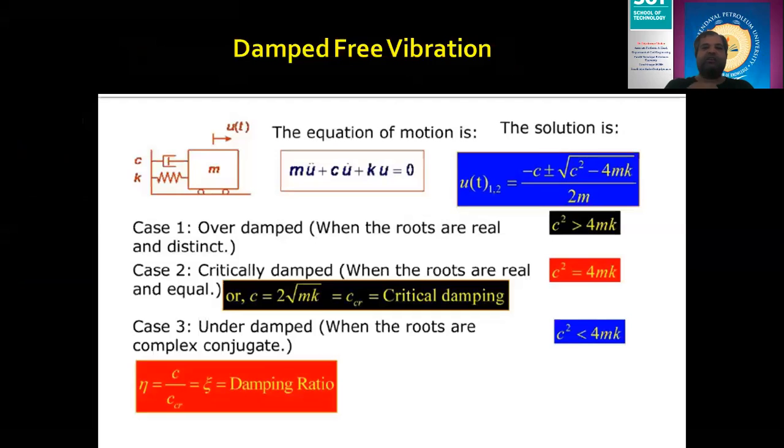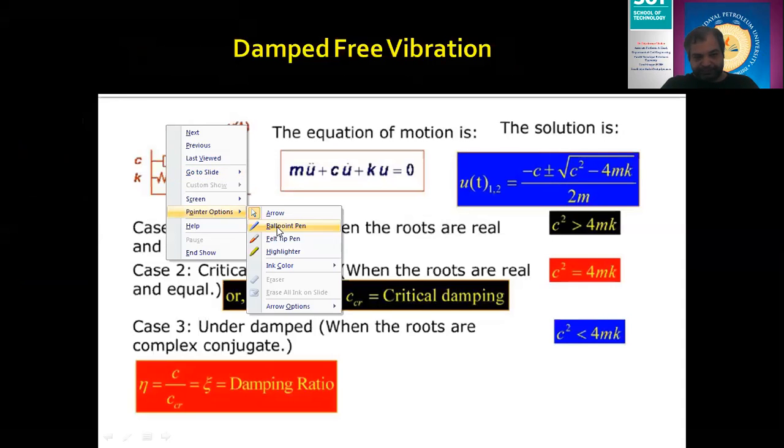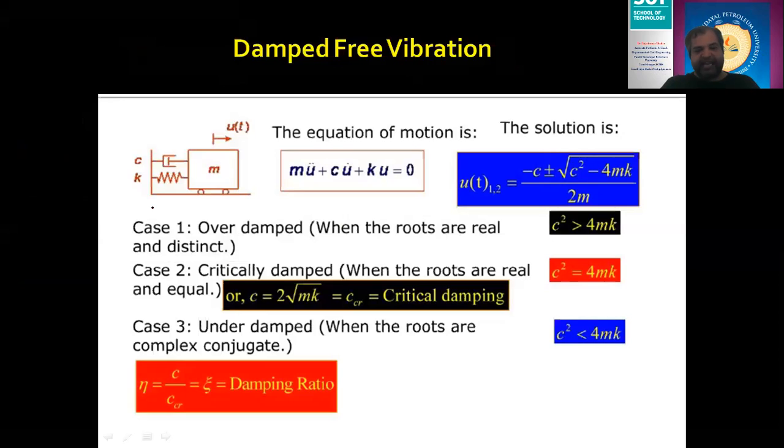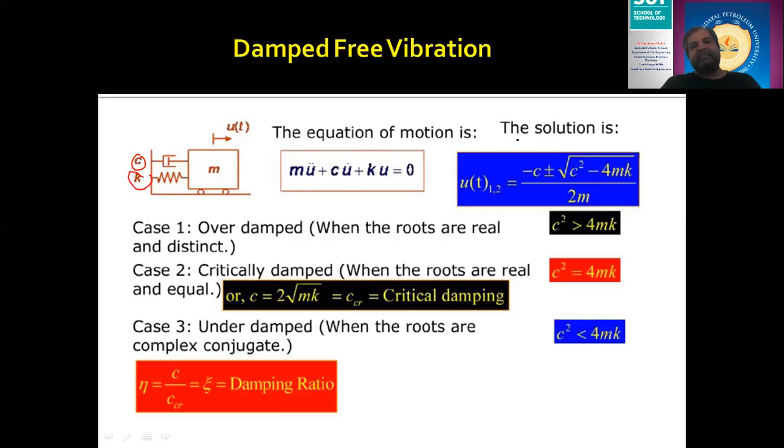So if I want to consider the damped free vibration case, first I need to see this diagram, which is my MST diagram. What I did is mass M is connected with the damper having the damping coefficient of C, and then it is connected to the spring with the spring stiffness of K. Then in that case, the equation of motion will be M into u double dot of t plus C u dot of t plus K u of t.